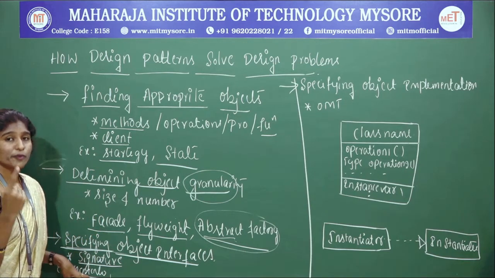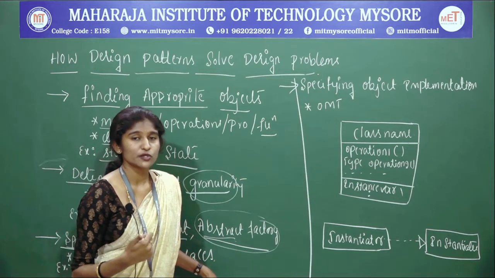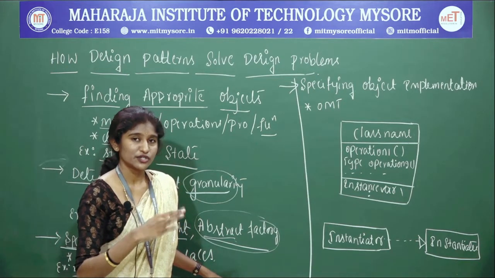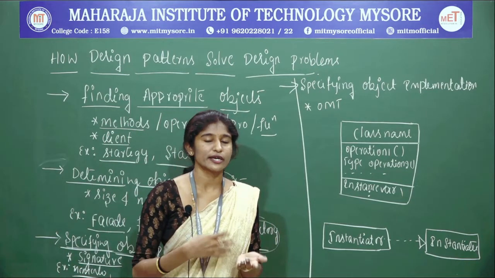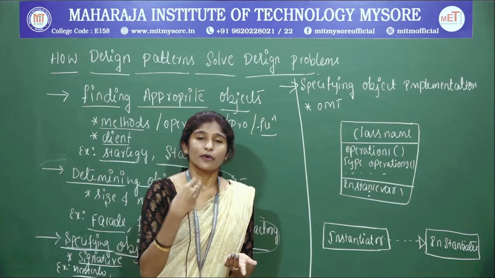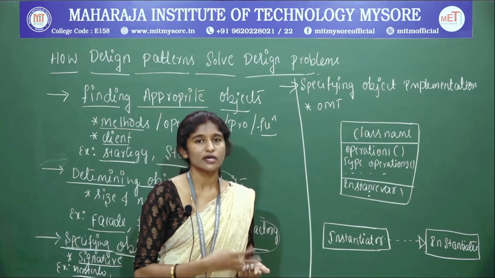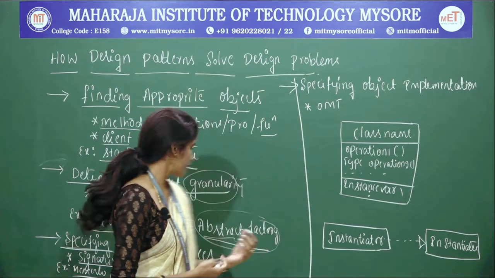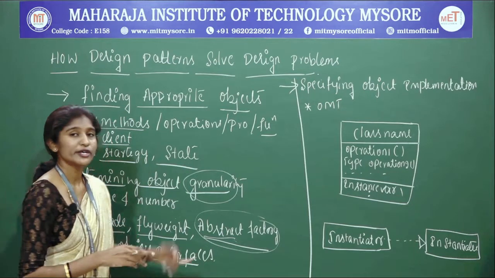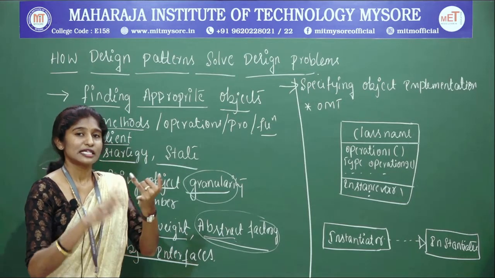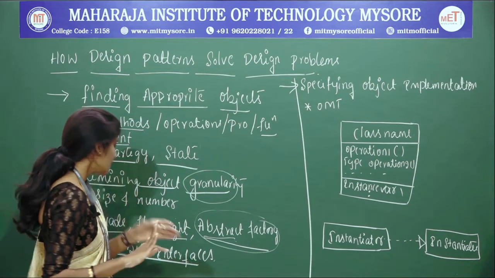Okay, Proxy, I told you Proxy also. The Proxy design pattern, I told you, is going to be a surrogate. It means with respect to the original, we will not be having the original particular object or class, and we are going to use the Proxy design pattern in place of that original class or object. That is what it is going to achieve with respect to the interfaces. So with respect to this point, you have Memento, then the Decorator and the Proxy design patterns. So three design patterns can be helpful.